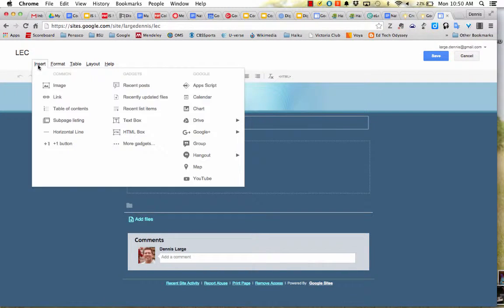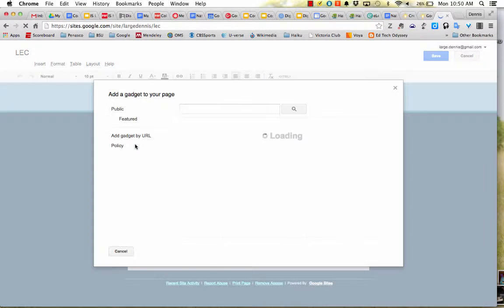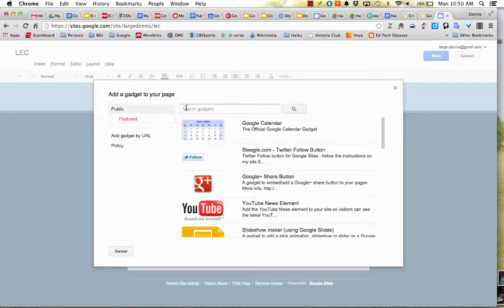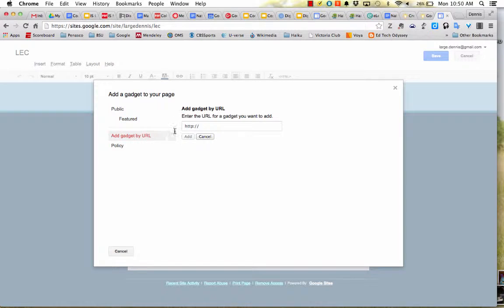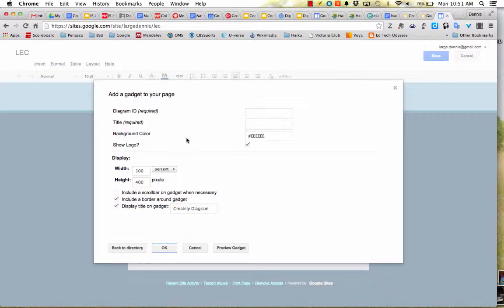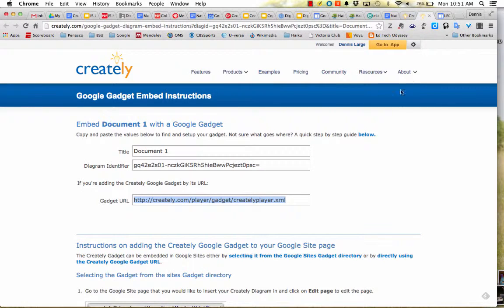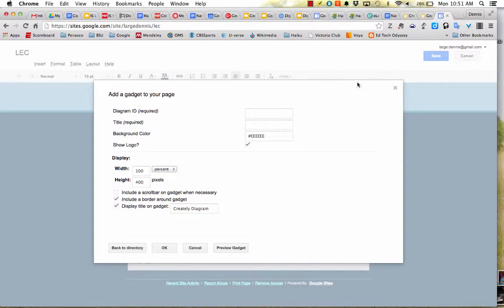And then under Insert, I'm going to go to more Gadgets and Add Gadget by URL. Since I copied that URL, I can paste it in here and say Add. Now it's asking for a diagram ID. So I need to go back to my Creately page. Here's the ID. I'm going to copy that back to the Google site,